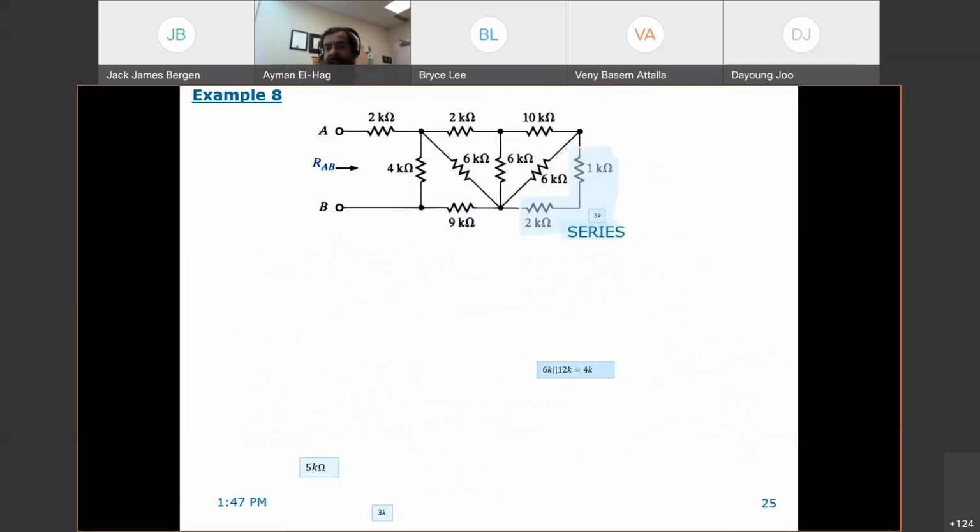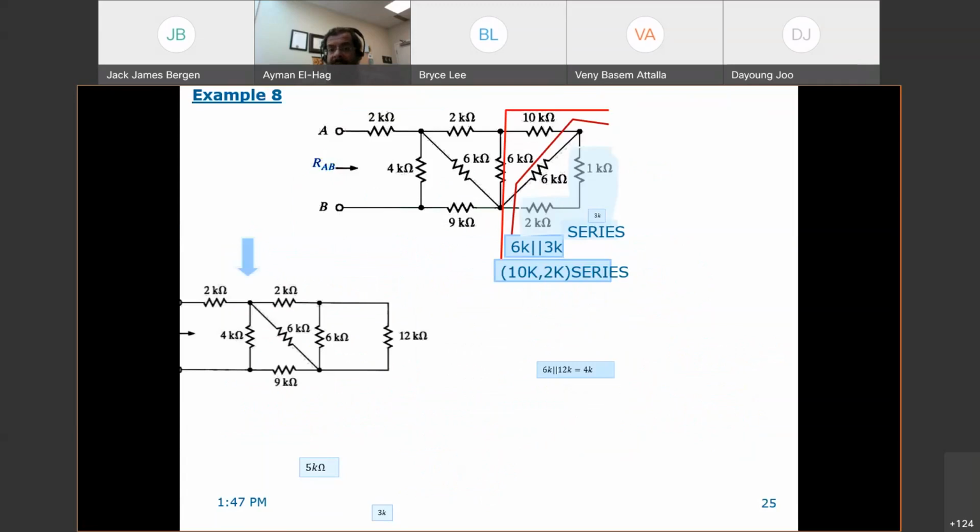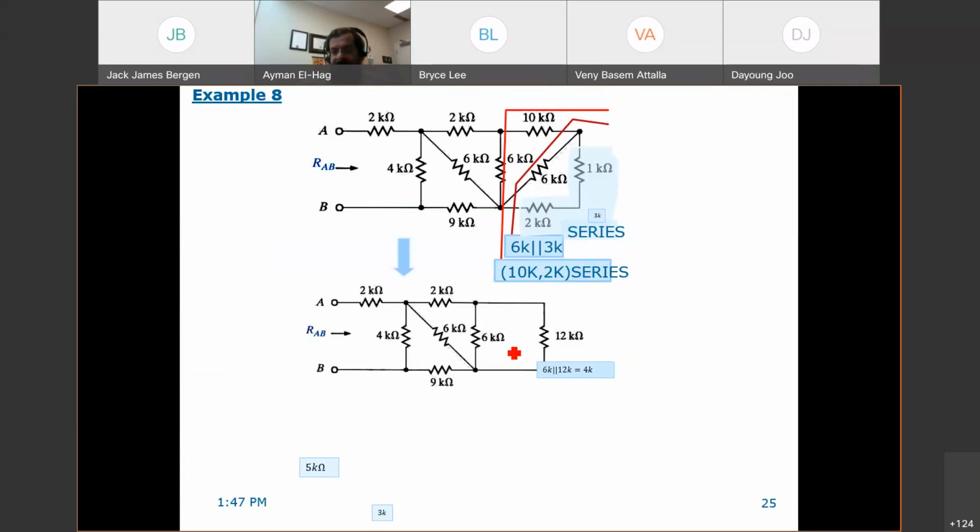So this is 3 kilo ohm, these two together, 3 kilo ohms. This 3 and the 6 are in parallel. So 6 and 3 are in parallel, and then 6 and 3 gives 2, with the 10 becomes 12. So we have here 12 in parallel with the 6. You get the 4 kilo